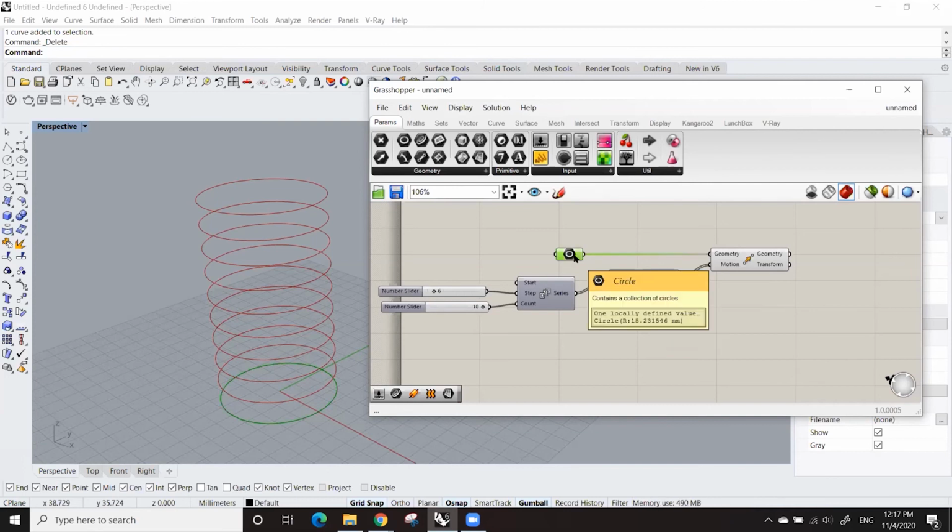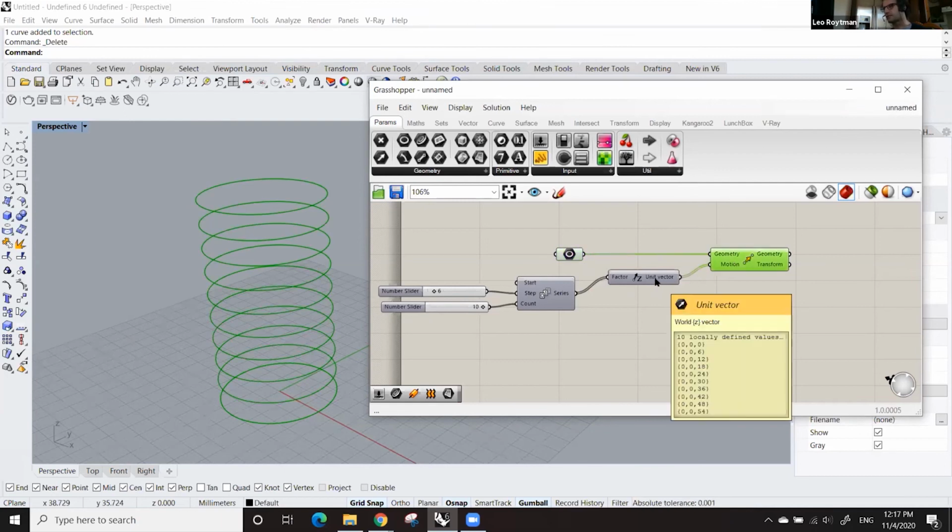Yeah, it's one circle, but there are several z movement vectors which are creating circles, and for each of these vectors this circle is being moved as many times as specified. And now